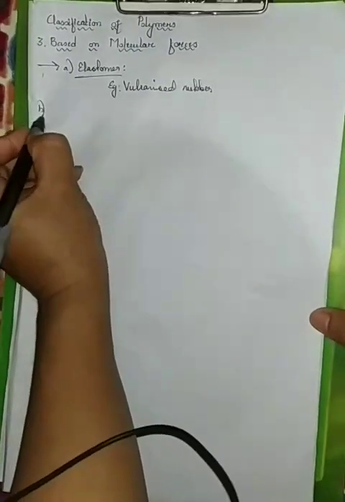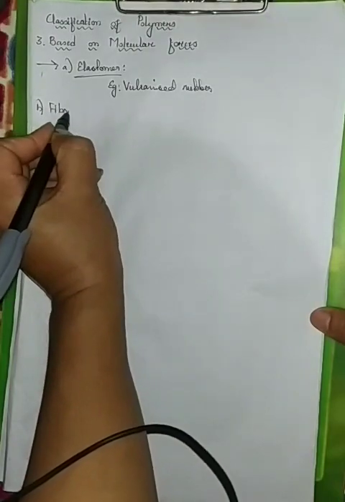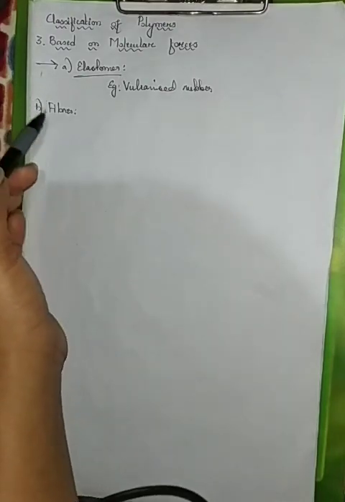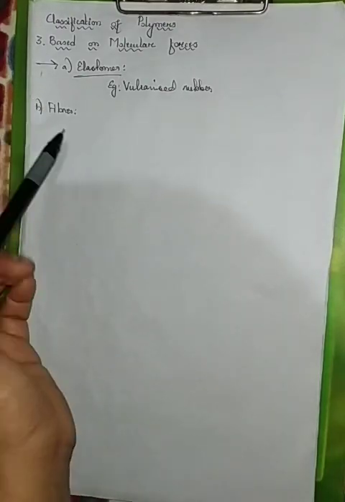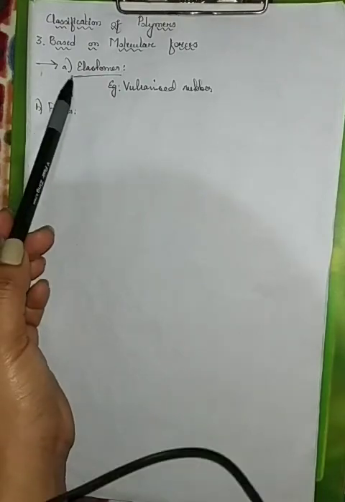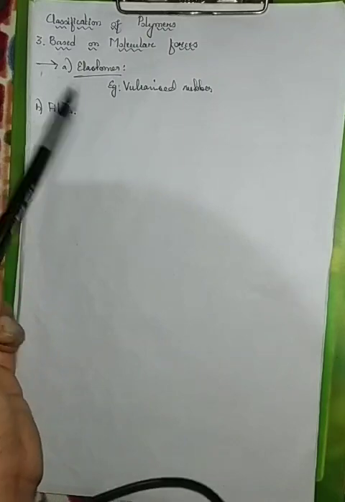Now, the second type is fibers. Fibers are thread-forming solids. Though both the elastomers and fibers have van der Waals forces, elastomers have weak van der Waals forces, but in fibers there are strong intermolecular forces of attraction,